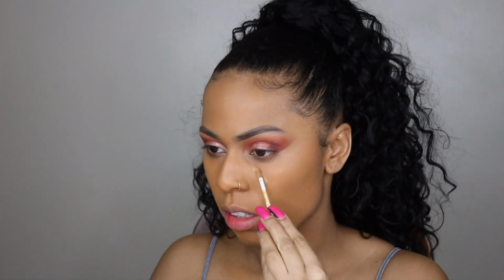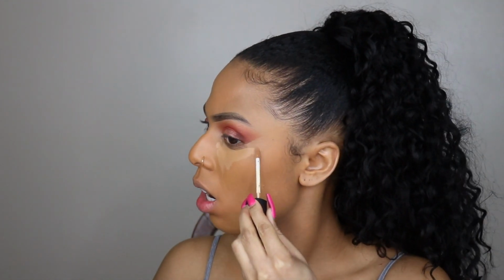Now I'm gonna go in with the NARS concealer in Caramel. Just gonna let that sit on my face for a minute so it can be snatched, you know what I'm saying, y'all? I think I waited too long and now it's drying on my face, so